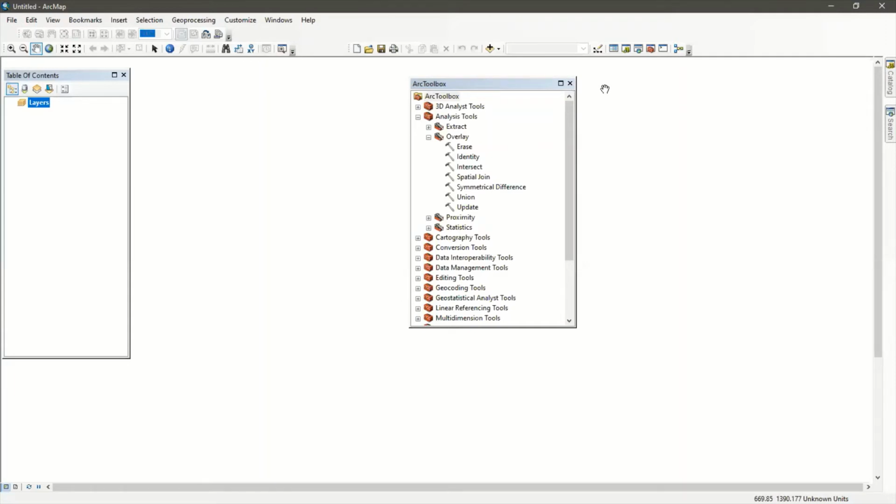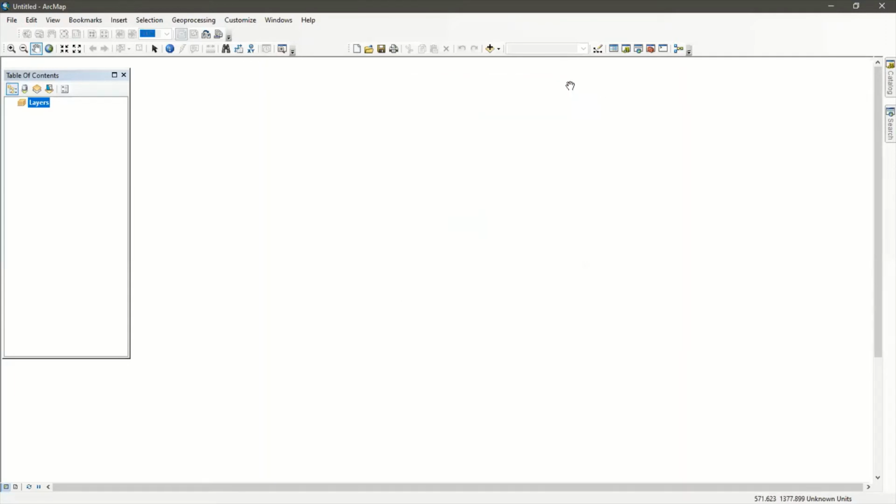So let us jump now straight to working with vector data, because now I have introduced the concept of the interface. Now we can jump straight to